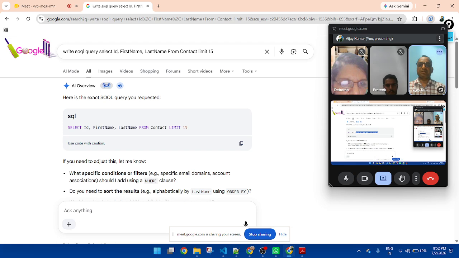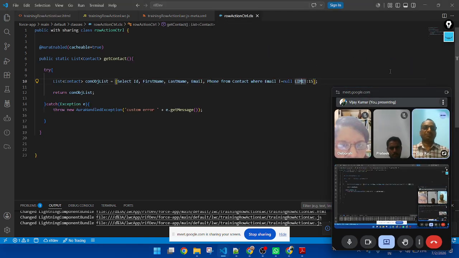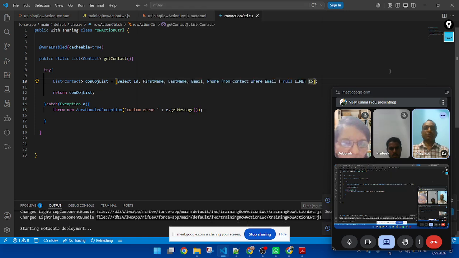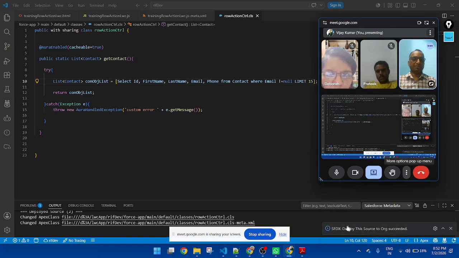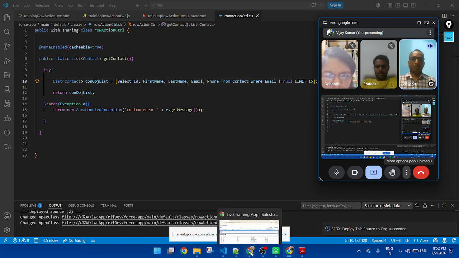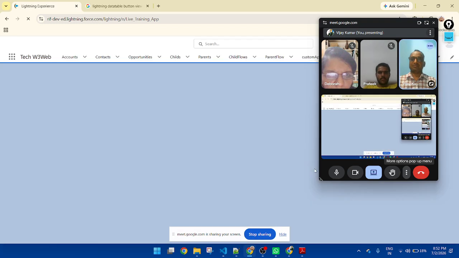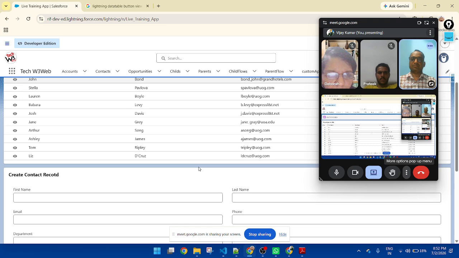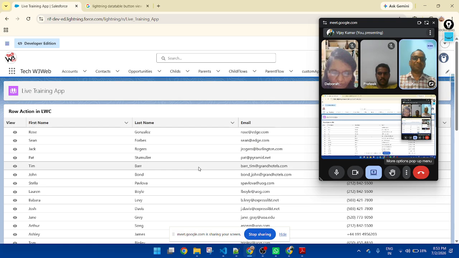Limit 15. So the equal sign is not required. It will work. Deploy the code. I remove the equal sign and deploy once again. It will work also. Okay. Clear? Yes, sir. Okay.